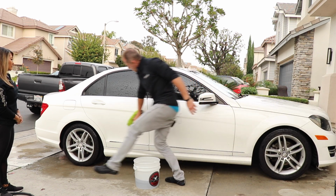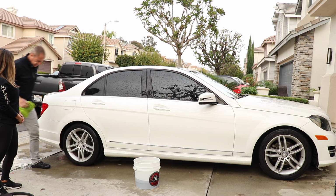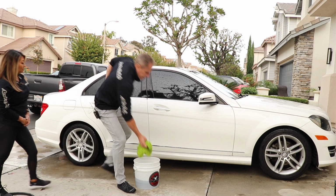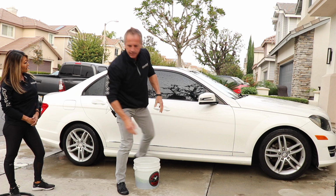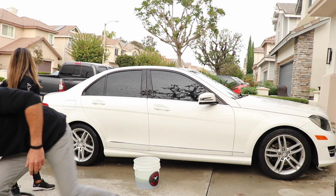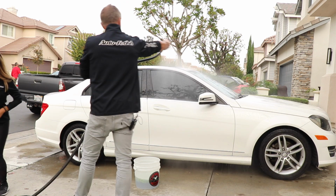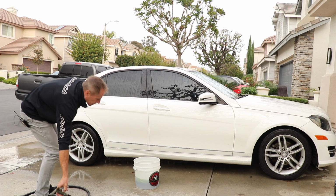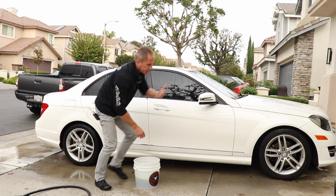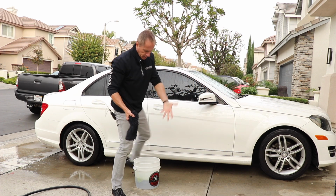Now there's my imaginary line. So pretend, man, my pants are falling off. My imaginary line. Now let's just pretend I did that whole car like that. That's where I would probably go in for a rinse. Rinse it off. Now I'm either going to switch to my black cloth, if that's how you wanted to segregate it,